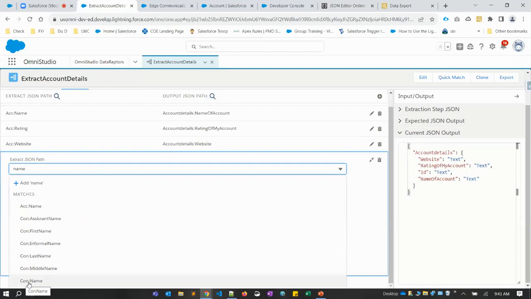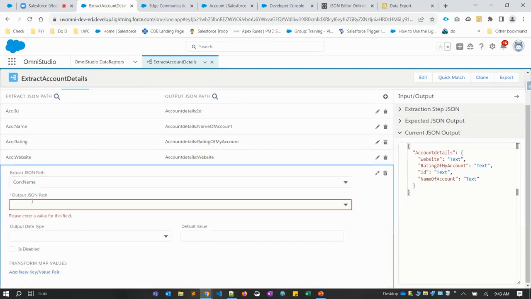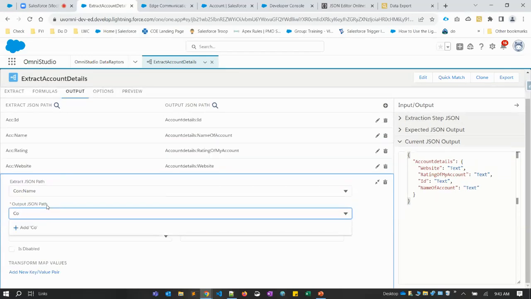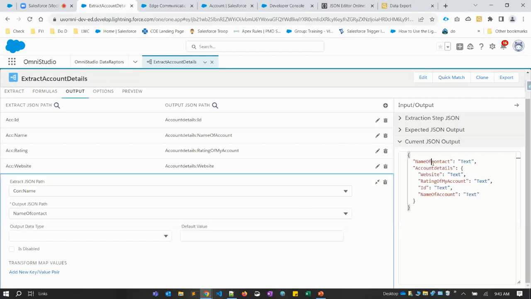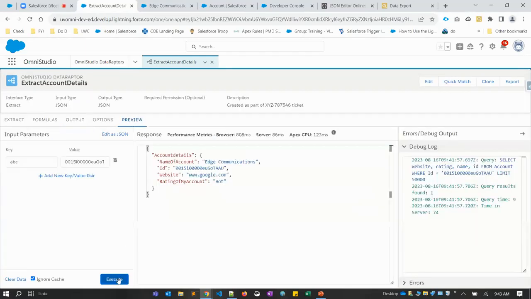So I want the name from the contact. CON is the name we have given for the contact to refer. Select CON colon name, so that I want to store it in name of contact node. If you see here, the name of contact node is created. When I click on preview,